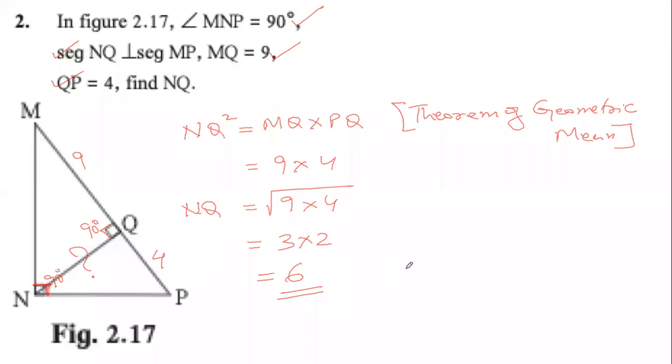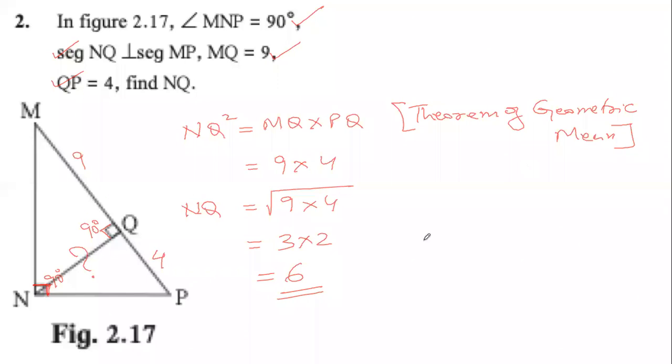Now our answer is complete. If it is a 2 marks question, we will get complete 2 marks. If it is a 3 mark question, we will get complete 3 marks. Thank you, Chand, for reminding me that it will be so much better if we write 6 units. Thank you very much. Yes, we should write 6 units.